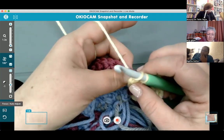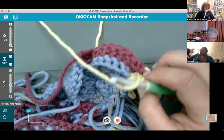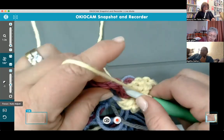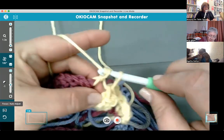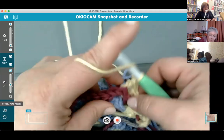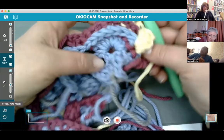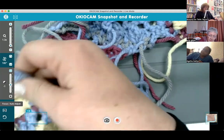So we get this, and then we're going to, on this side, we're going to skip the first one again. We'll skip this one right here, and we'll do 7 back post. And when you come down the other side, we go all the way to the end, and then we'll make another popcorn right here. And when you're coming down the other side, it'll just be the reverse, and that you will make